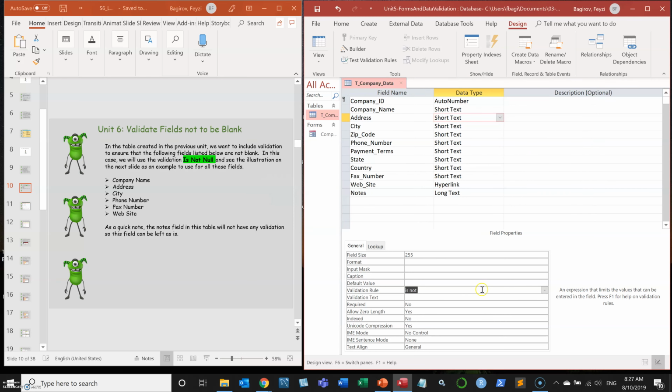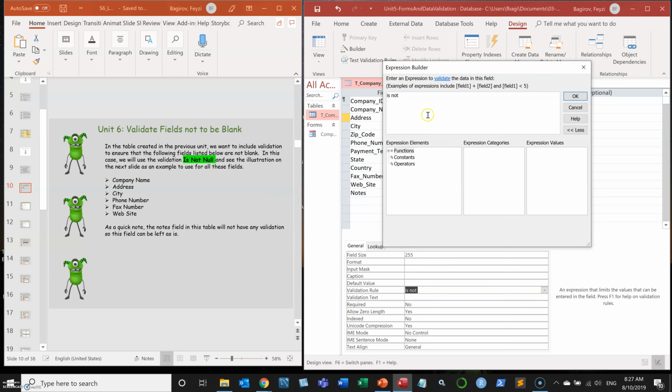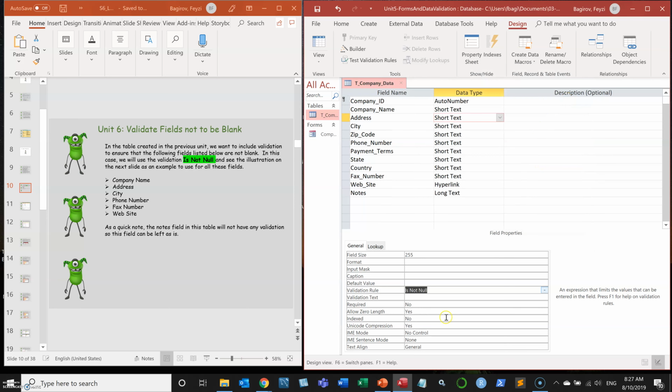I may enter comma or right, and again the same text. This field cannot be blank. City, phone number,